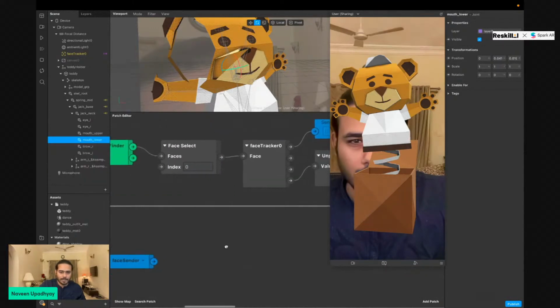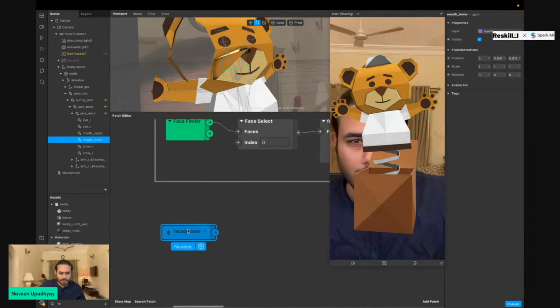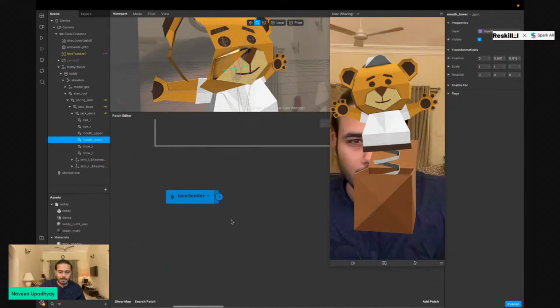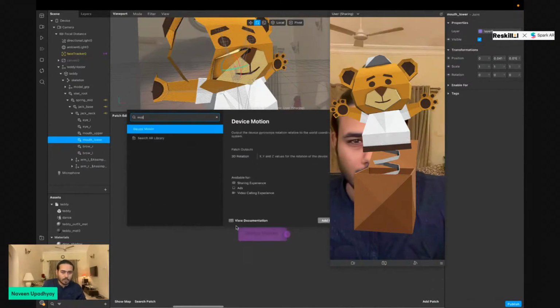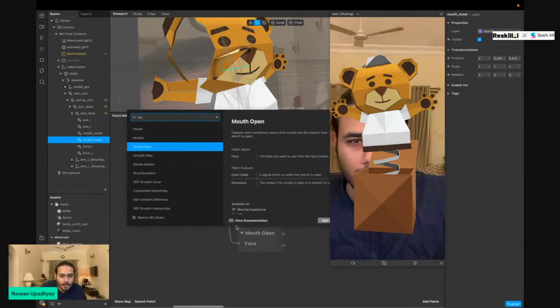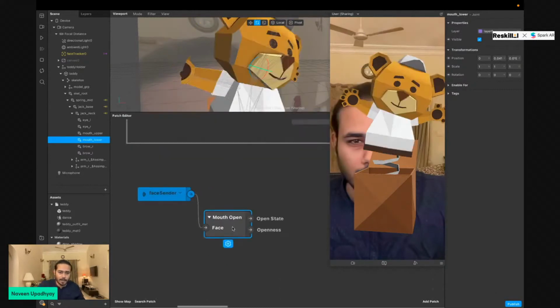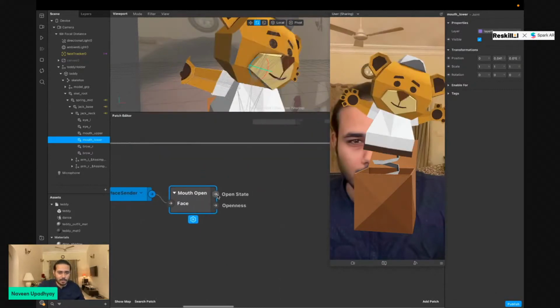But since we have created that sender, it's always convenient to use the receiver. And then I'm going to go with the mouth open. There's a mouth open patch,